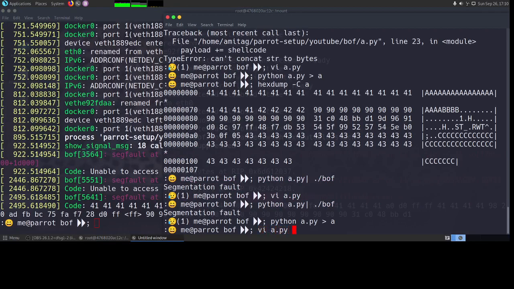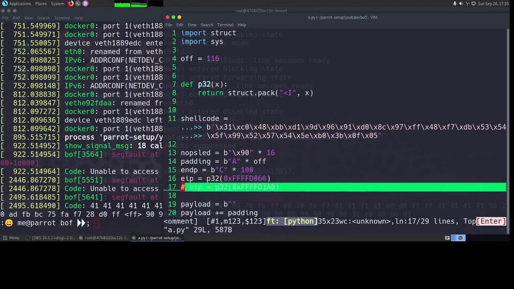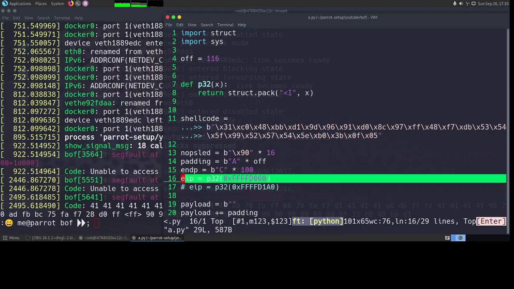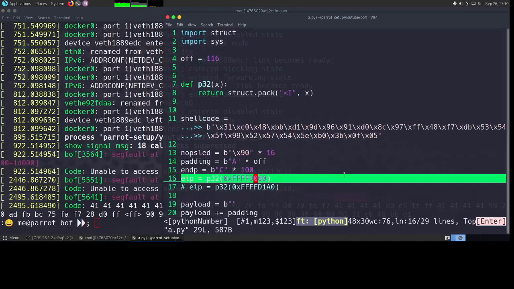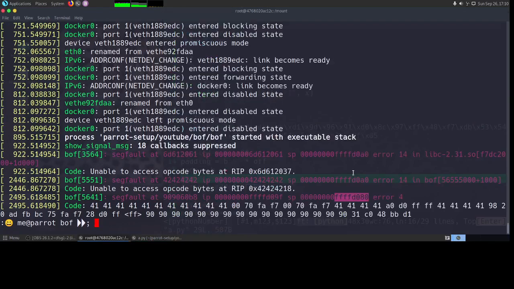Let's open our a.py. So it went from D060 to somewhere and then it went up to D09F, and the stack pointer was D080 and not what we expected it to be. This is because we were running the program in the debugger. The debugger used some space of memory and hence the memory address has changed.